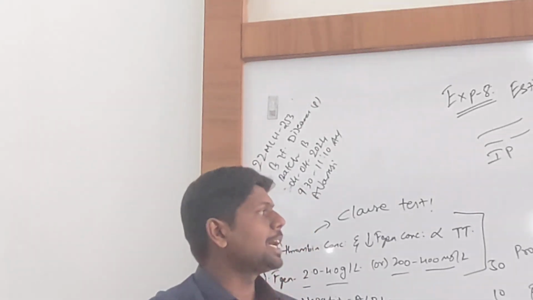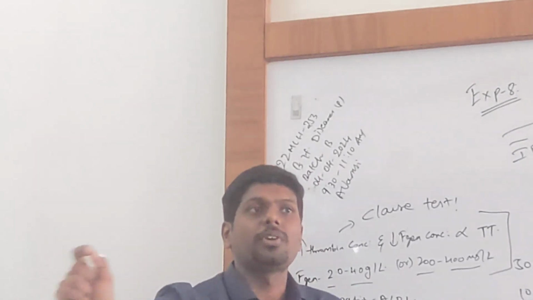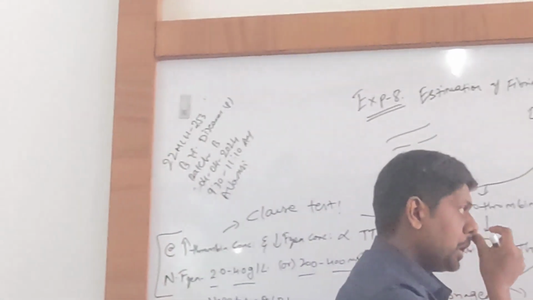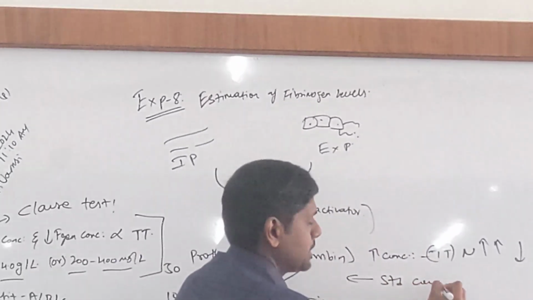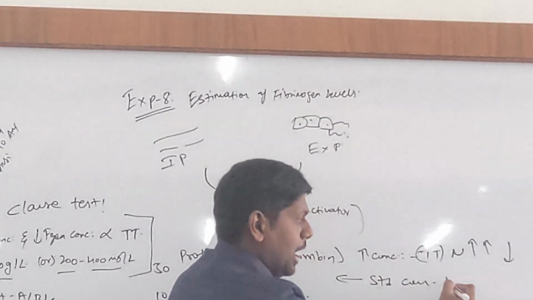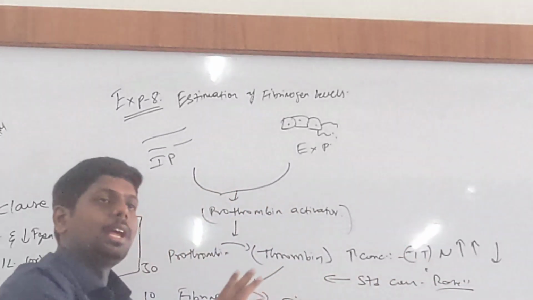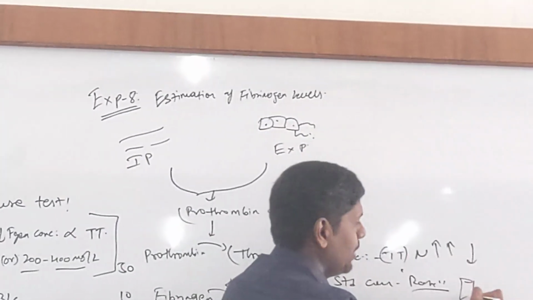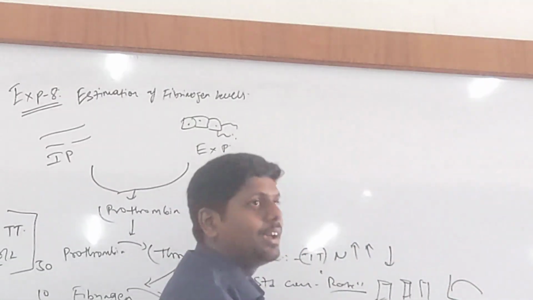So you want to understand the efficiency of thrombin in conversion of fibrinogen to fibrin. Listen, thrombin has a standard conversion rate. So you want to study the rate of conversion of thrombin. That will be a different story. There we will use serially diluted samples and we will plot a